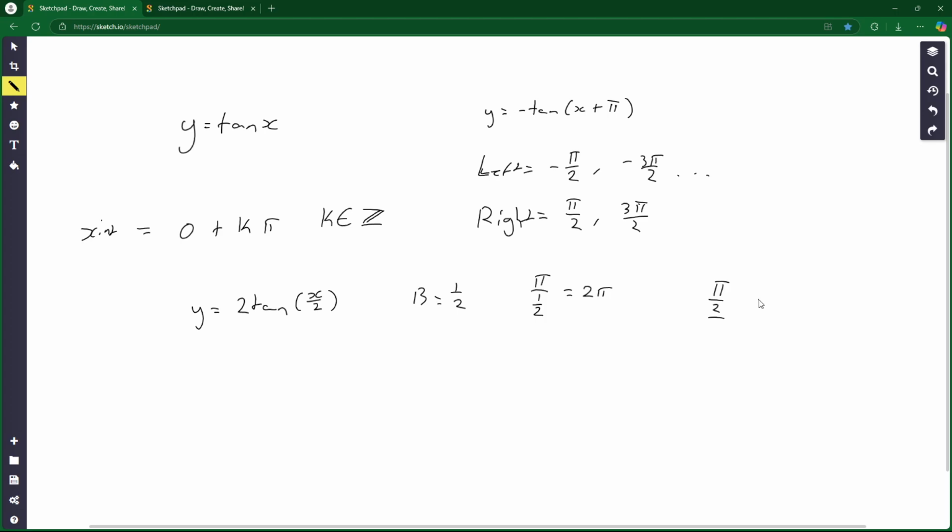That is not right. Pi over 2 divided by b, 1 over 2. That is going to give you pi, and 3 pi over 2 divided by 1 over 2 is going to equal,